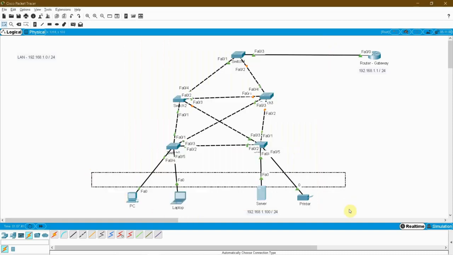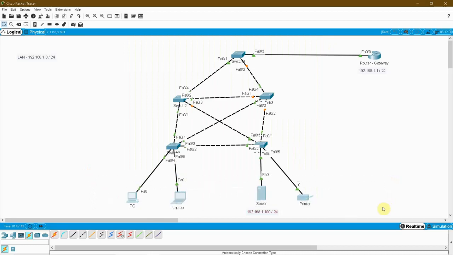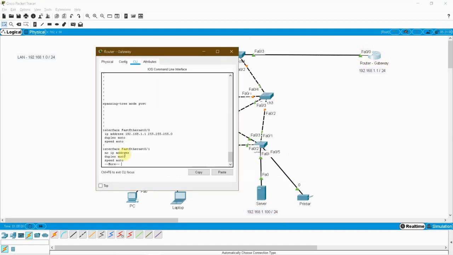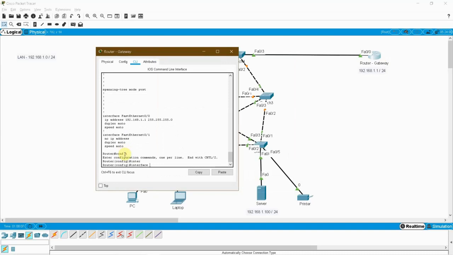By default all your DHCP requests will go first to the router, and it will check whether the DHCP configuration is there or not. If it is not there, it will redirect your request to the server. So for that, here we have one additional command: config terminal, interface